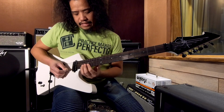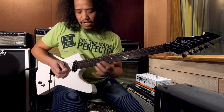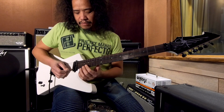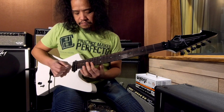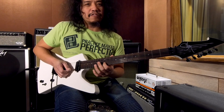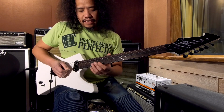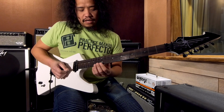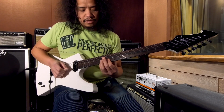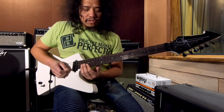I think I find this third shape a little awkward. So what I'm going to do is I'm going to just keep it the same as the first one. Okay. This B right here on the 12th fret still falls within the A minor scale. It'll give it a more diatonic flavor. Okay. So now that will transform into